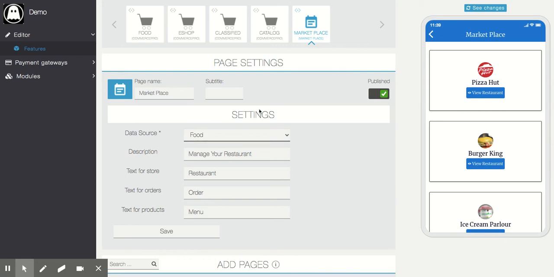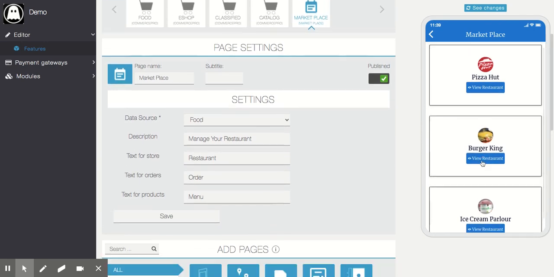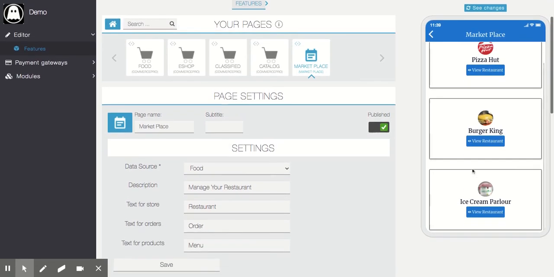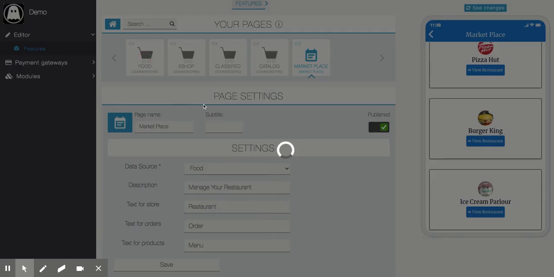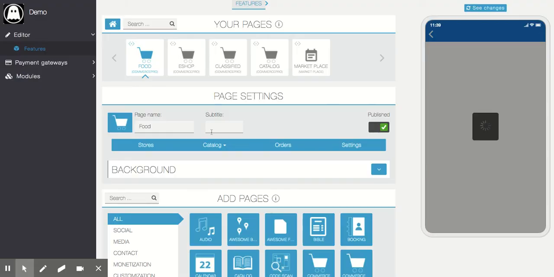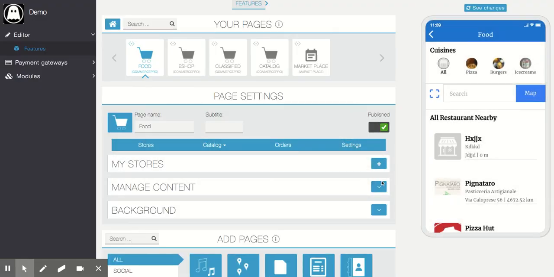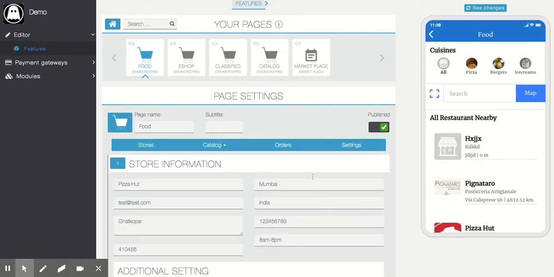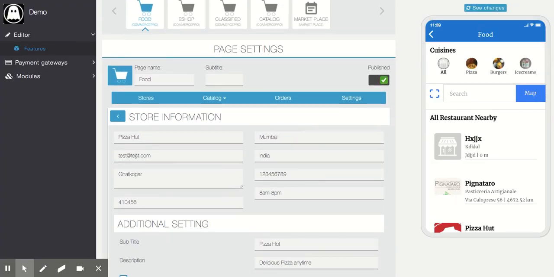So now I'll see daily, like this is connected to food, and I can see three restaurants here. If I'm a new user, it will ask me to create a store first, and I'll show you how it is mapped with the store. Basically, internally it is mapped, so you have to change the email ID of the user who should have this access.